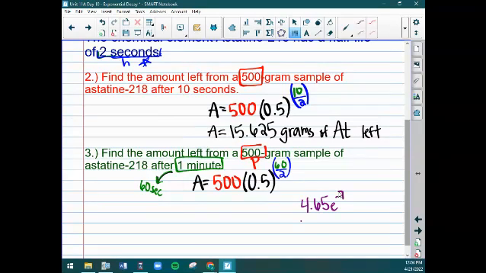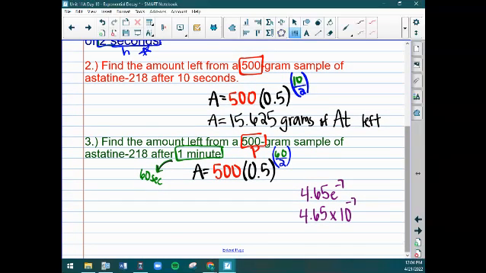Okay, what that really means is 4.65 times 10 to the negative 7th power. And it's saying that this decimal is so small that I can't fit it all in my window. So I'm going to give you this notation. Okay, and what this means is the actual decimal is 7 spaces